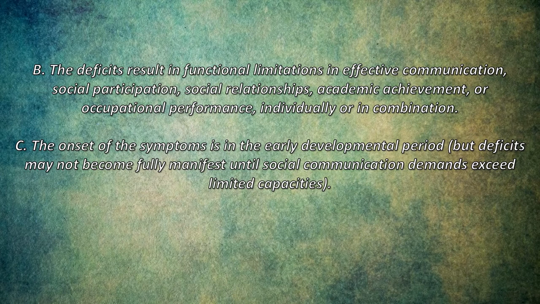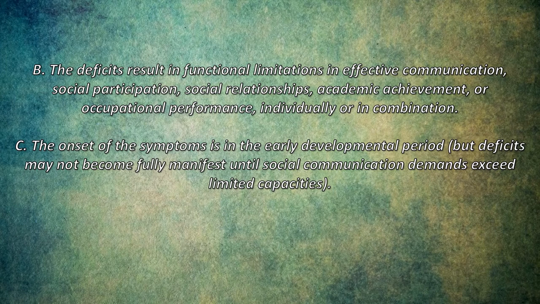Sections B and C are very convoluted in their wording, but it's a lot of the same things that we were talking about before. It's just the application of it. B is: the deficits result in functional limitations in effective communication, social participation, social relationships, academic achievement, or occupational performance,